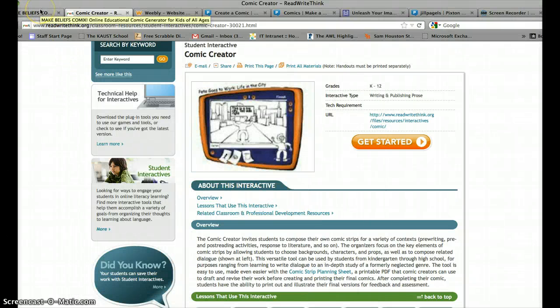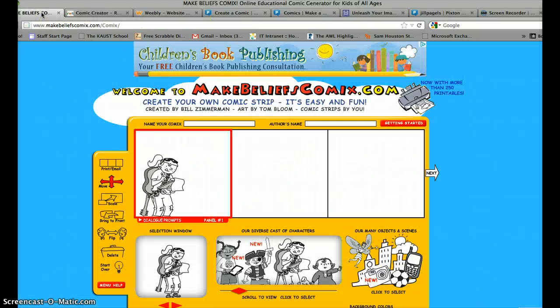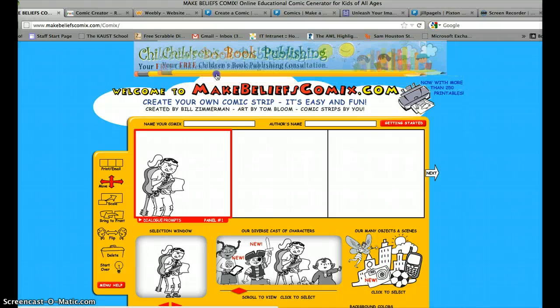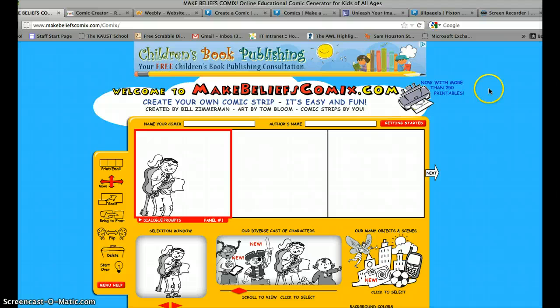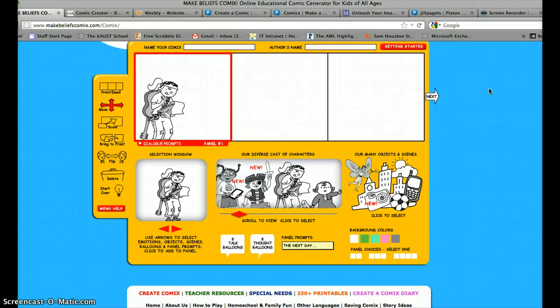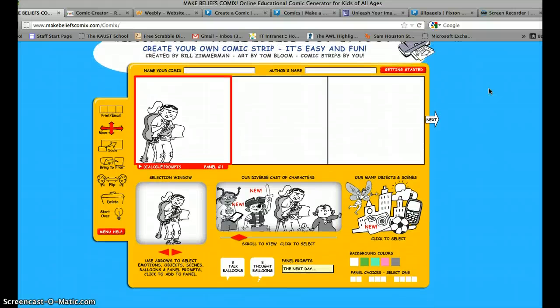The next website I would like to show you is called MakeBeliefsComics.com. Within this one, it is more along the lines of publishing and writing. It is a little limited as well with what we can include. In our first panel here, I already have my rock and roll person quickly writing down and doing the pre-writing